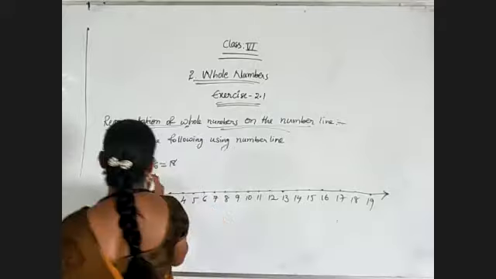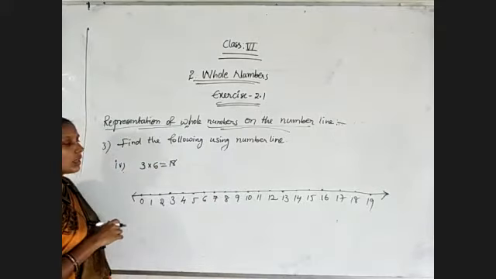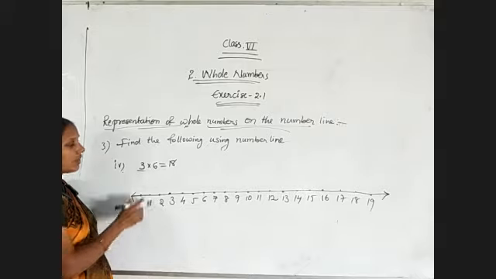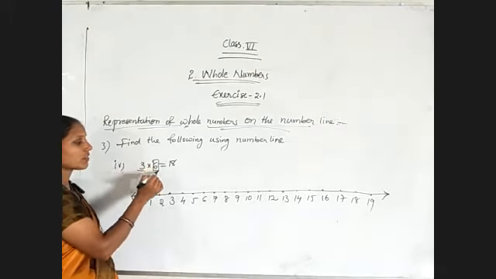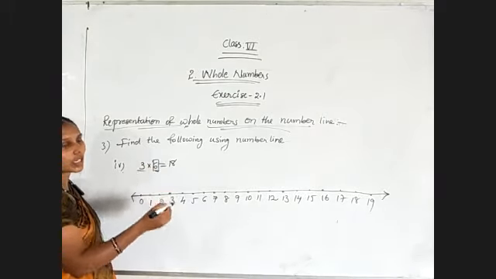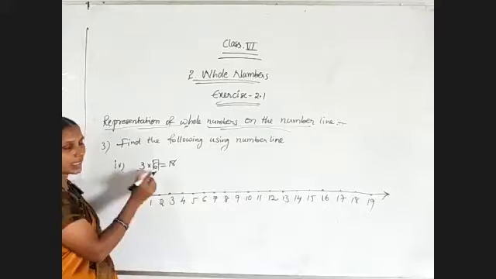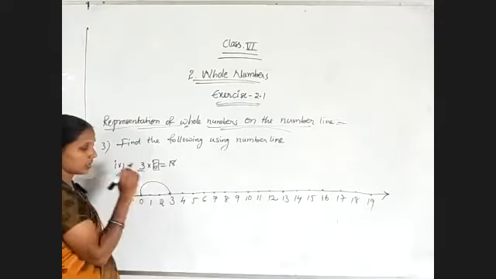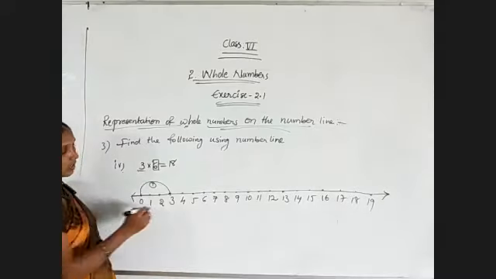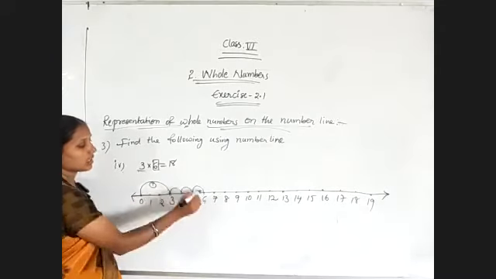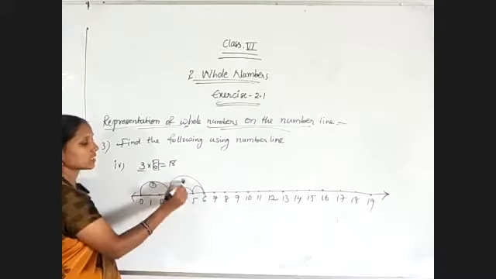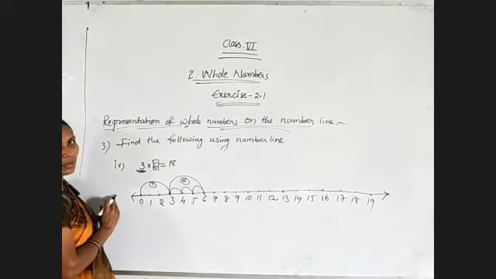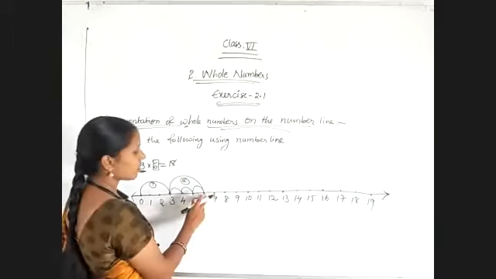Now coming to the first number. As I told you, the first number, whatever is there, that much gap we need to leave. And the second number is how many times we have to repeat the procedure, keep counting. That represents the second number. So now the first number is 3. So 0 to 3, one time over. Now 1, 2, 3, 2 times finished. We need to give a gap of 3 numbers. Now again 3 numbers, 1, 2, 3.